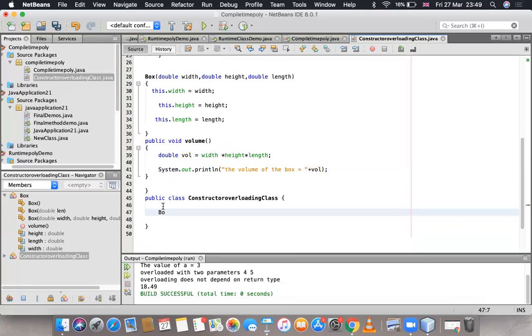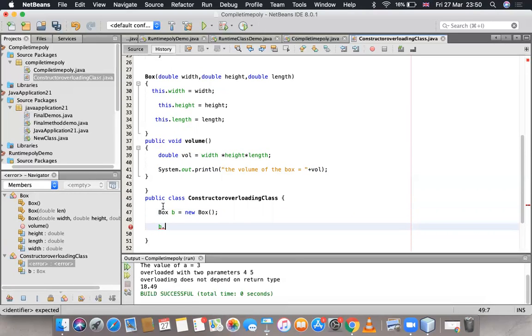Now I should create an object of the Box class here, that is Box b is equal to new Box. As all of us know, whenever I create an object of the class, the constructor gets invoked. So when I don't pass any arguments, the default constructor gets invoked, and then I'll call b dot volume. There is no need to explicitly invoke the constructor. It gets invoked automatically when the object of the class gets created.